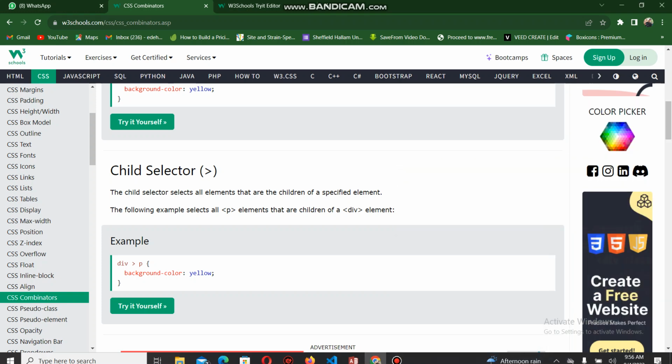Okay, so now the next selector under the combinator selector is the child selector. The child selector selects all the elements that are the children of a specified element. For example, now